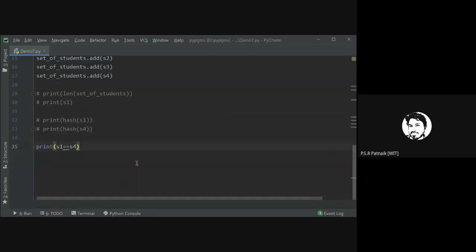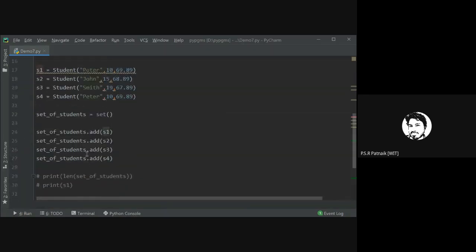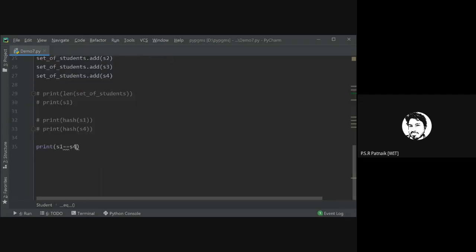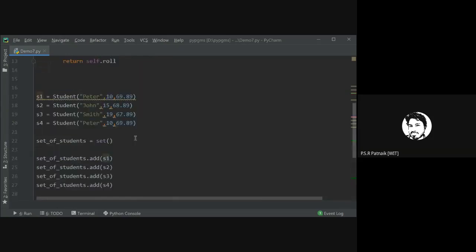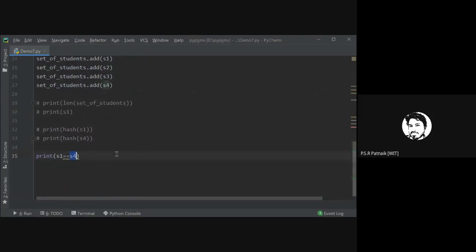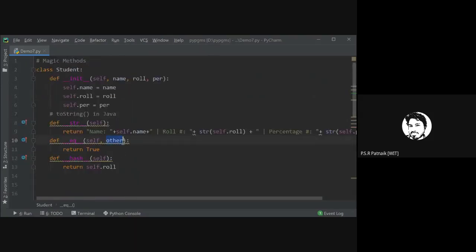To control how equal to works in the case of objects, I can override the method underscore underscore eq. This is also called a magic method. Here one object is self and another is other. When I call S1 is equal to S4, S1 will be represented by self and S4 by the variable called other.